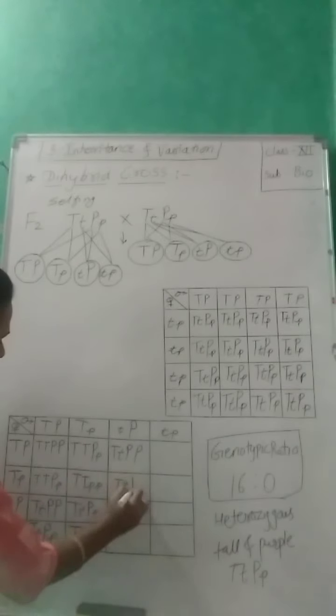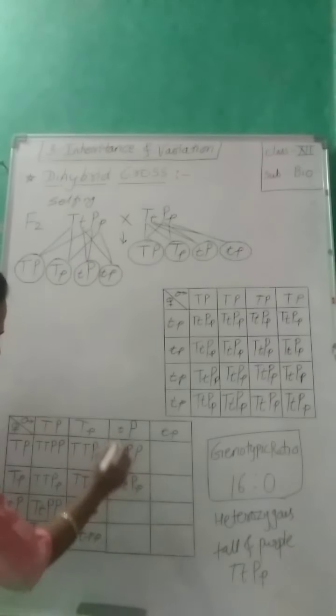Then capital T and dwarfness, one is purple, another one is white. Again this is the same, both are the white color here. We can write down capital T and dwarfness, both are purple. Here also capital T, small t. Here one is purple, another one is white. Here again we will write down both are dwarf, and here both are purple.